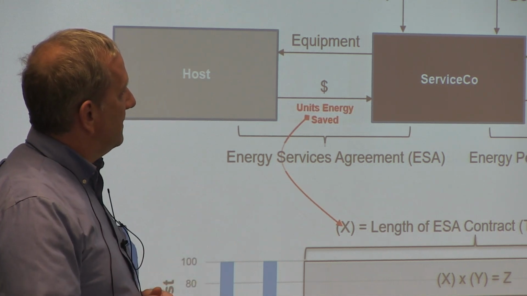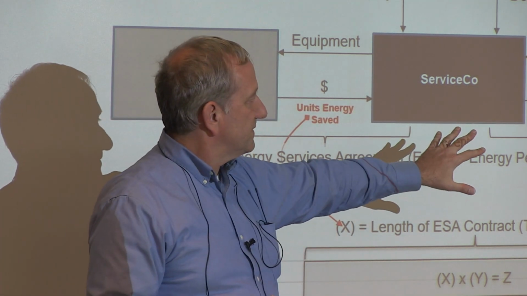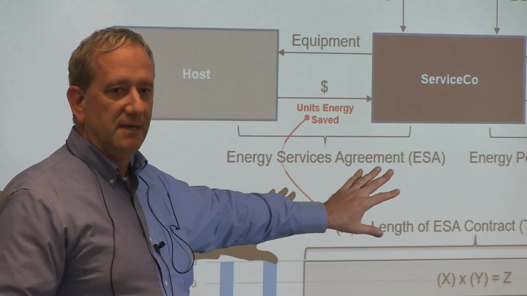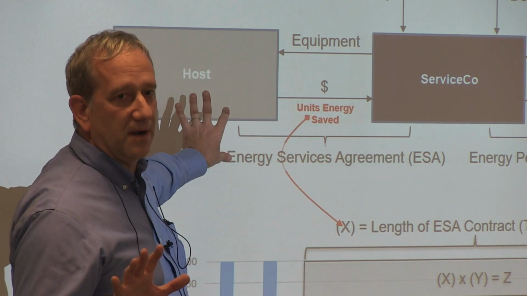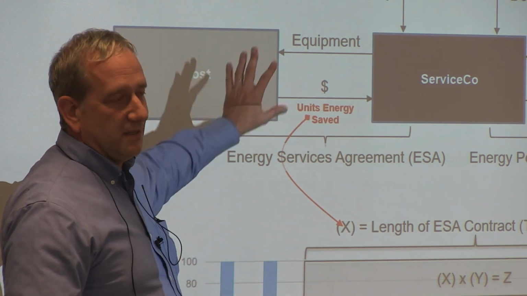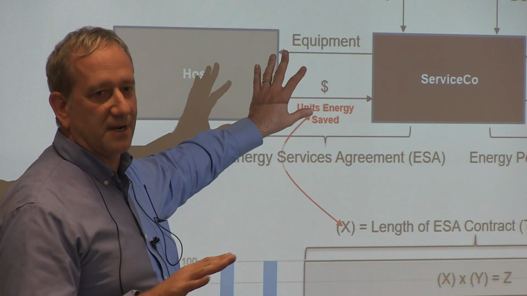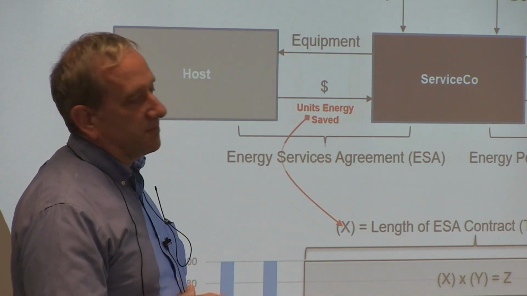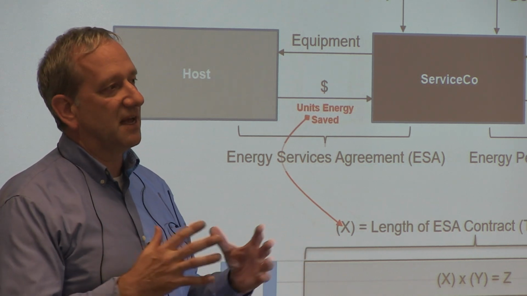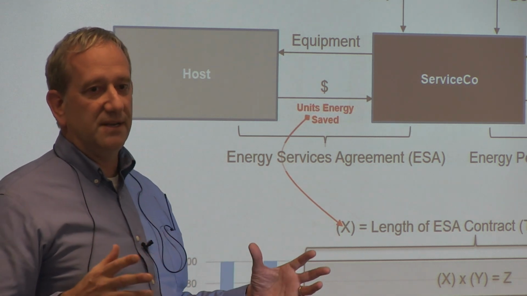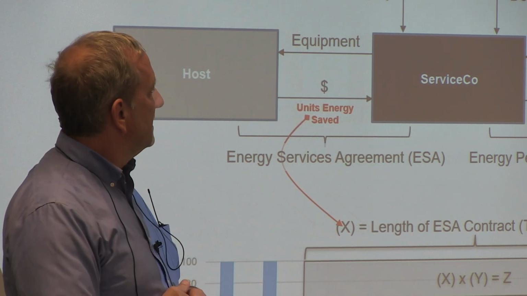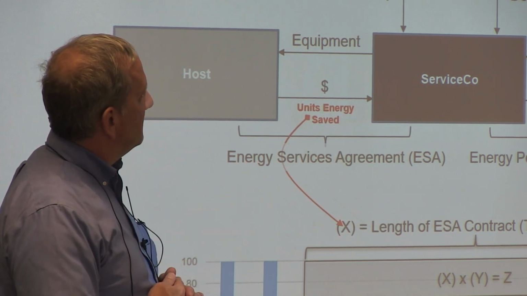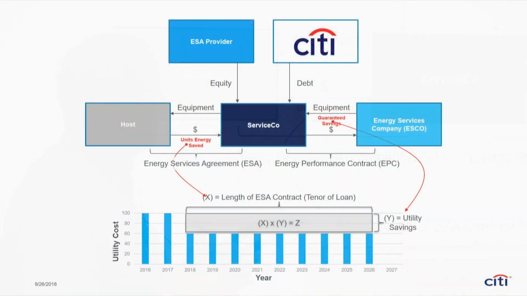However, if the energy services company doesn't perform, the host pays no matter what in that model. Lenders, I'm sorry, don't care about the performance. They're out of the performance equation. It's between the host and the ESCO to resolve any disparities, any performance issues. In this model, you now have finance taking performance risk.